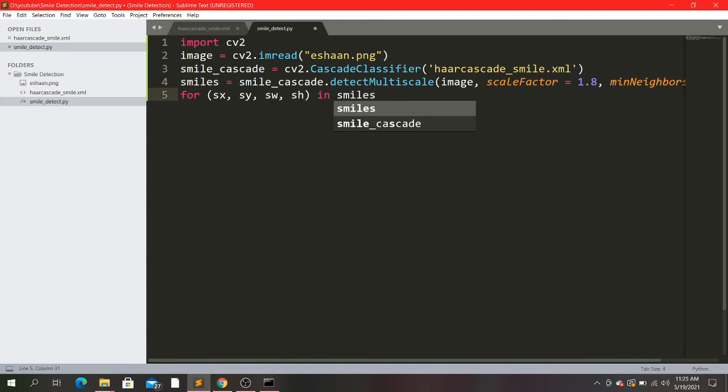Here we are running a loop over smiles. If there is only one smile, this loop will run only one time. If there are two people smiling, it will run two times. If there are n people, it will run n times.